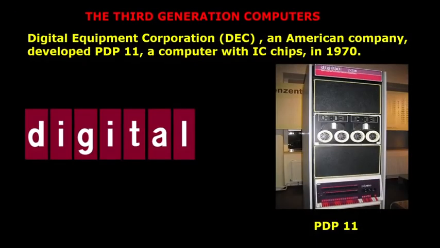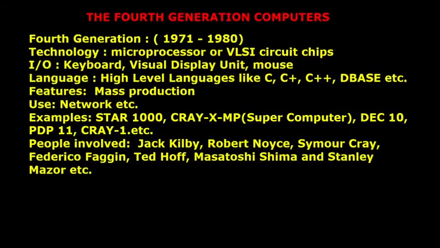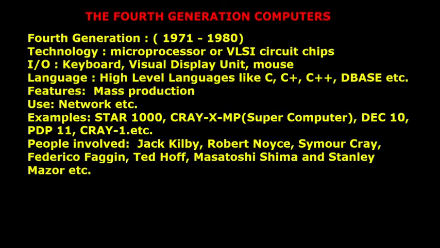Digital Equipment Corporation (DEC), an American company, developed PDP-11, a computer with IC chips, in 1970. IBM developed IBM S/370 computers in 1970. With this, the third generation computers end and the fourth generation of computers starts in 1971,